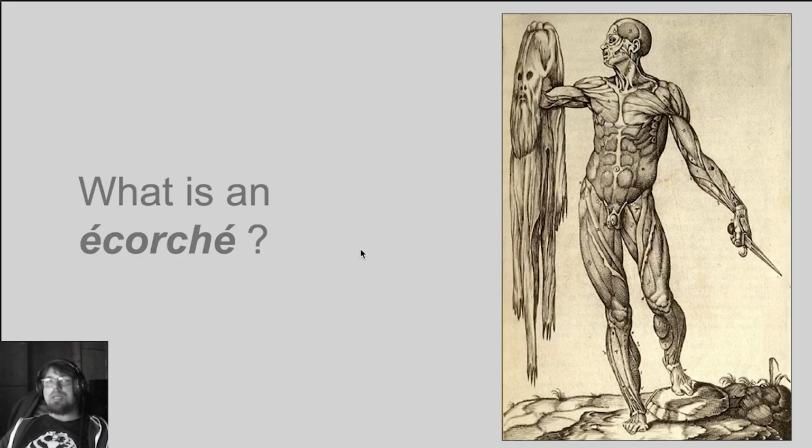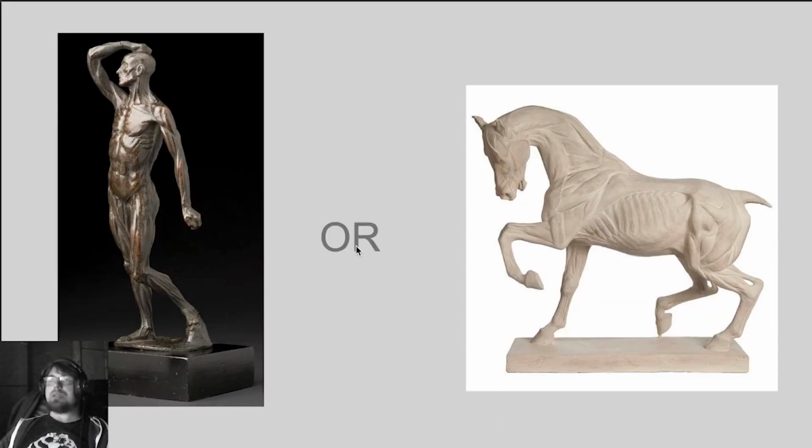Écorché is basically "skinned," and it's from the French. So basically, it means the body which has had the skin removed, revealing the superficial muscles. And écorchés usually are human or horse écorchés, and the reason why the choice is on